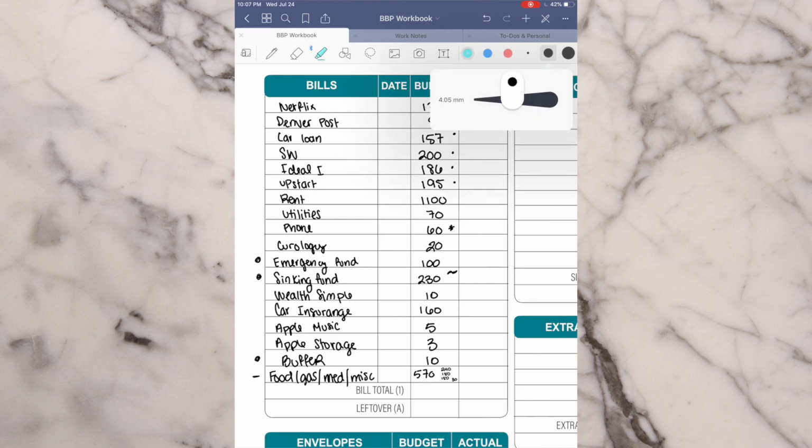I'm redoing my budget and I know that there are things on my budget right now that I shouldn't be putting my money towards, like the Denver Post. Like I need to close that account, and that's really good to see because now I can see it and I know that I don't want my money to go there. So I know that these two are definitely nice to haves, as well as Netflix, as well as Curology.